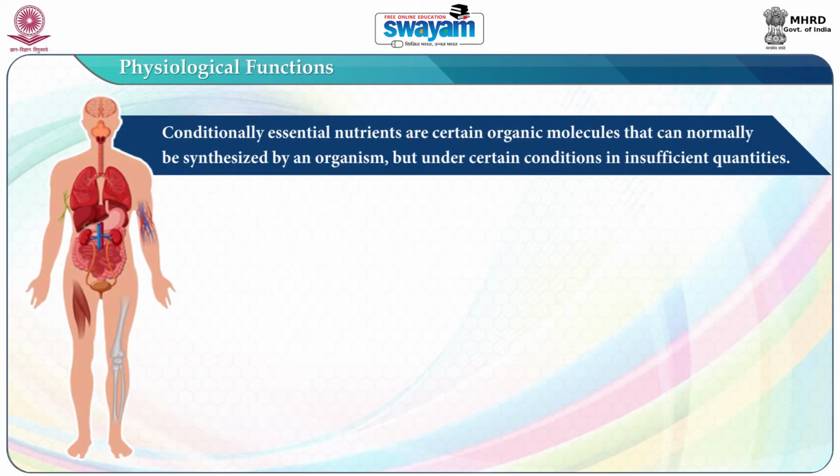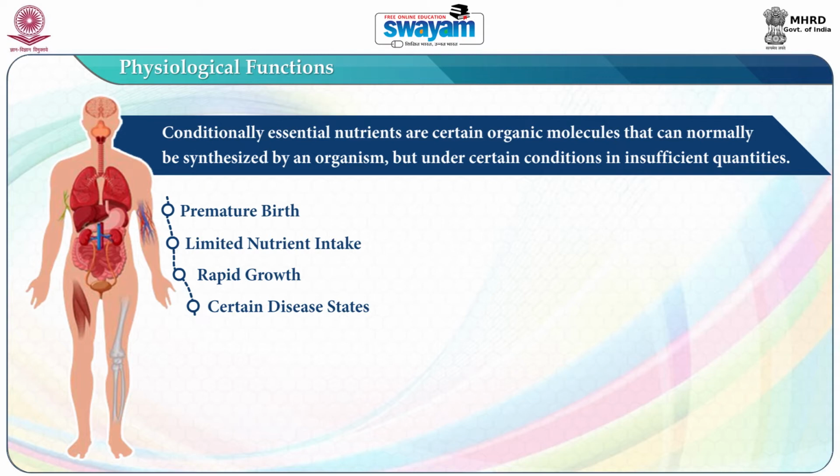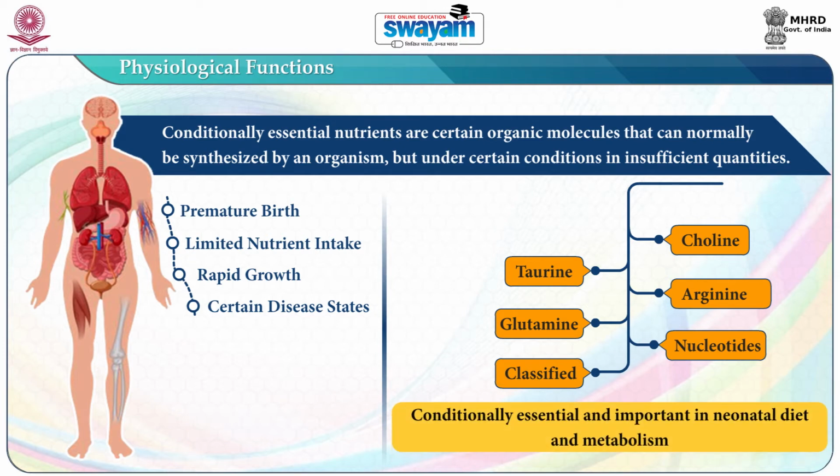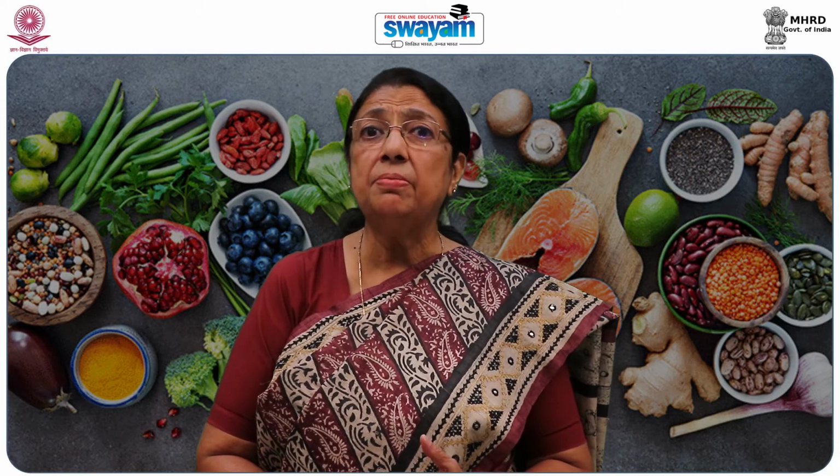Conditionally essential nutrients are certain organic molecules that can normally be synthesized by an organism, but under certain conditions in insufficient quantities. In humans, such conditions include premature birth, limited nutrient intake, rapid growth and certain disease states. Choline, inositol, taurine, arginine, glutamine and nucleotides are classified as conditionally essential and are particularly important in neonatal diet and metabolism. Nucleotides may become essential